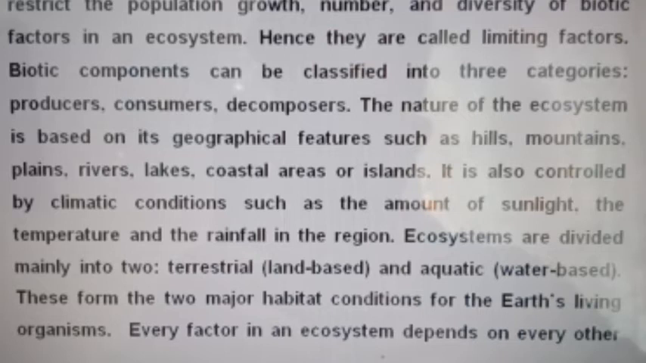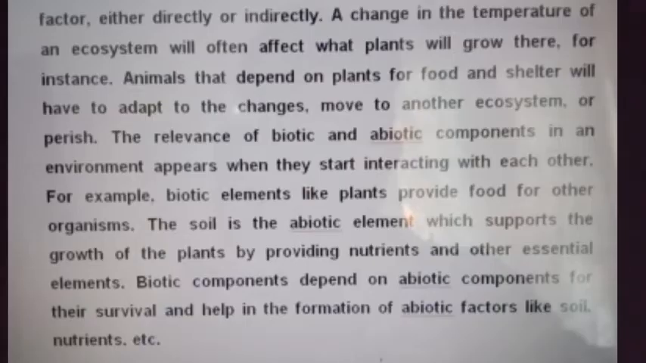Every factor in an ecosystem depends on every other factor, either directly or indirectly. A change in the temperature of an ecosystem will often affect what the plants will grow there, for instance. Animals that depend on plants for food and shelter will have to adapt to the changes, move to another ecosystem, or perish. The relevance of biotic and abiotic components in an environment appears when they start interacting with each